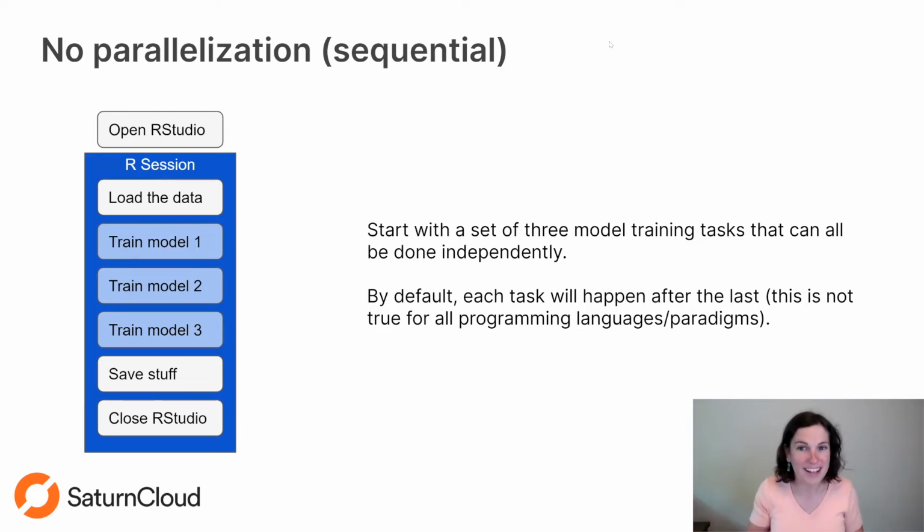Now, each one of those tasks, again, just because of how R is designed, unless you put work into it, each of those tasks is just going to happen in a row. But as we said at the beginning, training models with just different parameters likely can be done totally concurrently. So it would be nice if those 3 training model steps could happen at the same time, which leads us